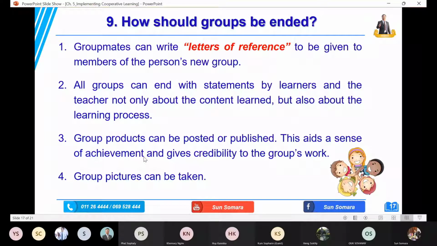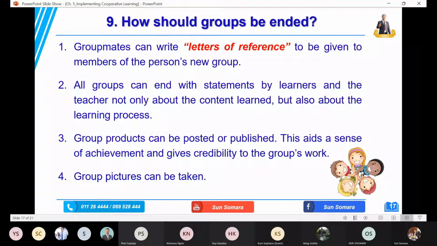Number 4, a group picture can be taken. Normally it's a selfie right now, if the school allows students to have a smartphone, or maybe the teacher him or herself can take the picture for the group, with their products. It's one way to share some memory with them. They can learn, like in some project of the ministry that they have done so far. Like recently, we just finished the debate group there. It's something people can learn from, and they can build up their personality there.